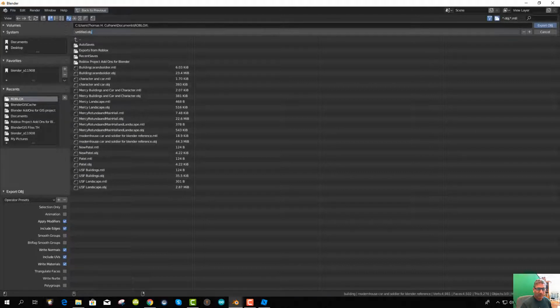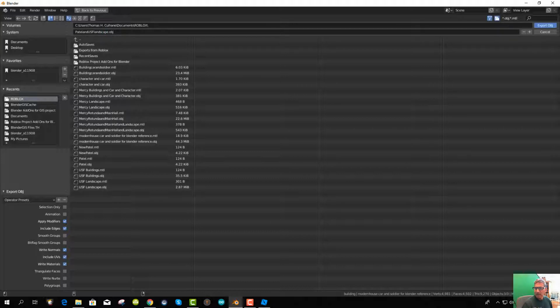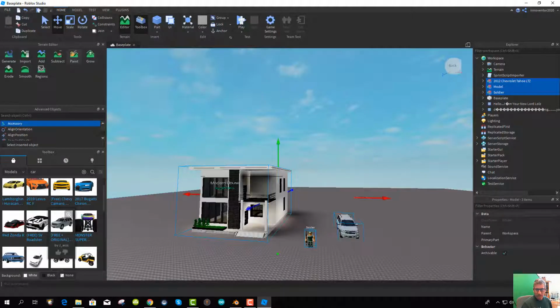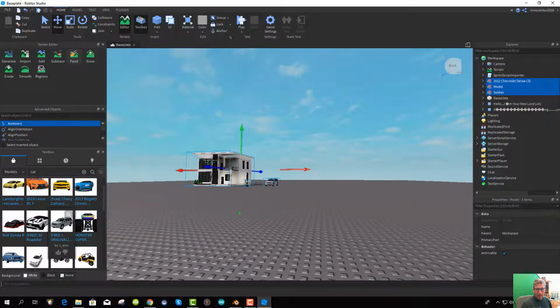find the place to put it, export the object. This will be called Patel and USF Landscape. Export the object. Let it do its thing. And there we go. Now when we go back to Roblox Studio, we can import the object, and the way we do that is